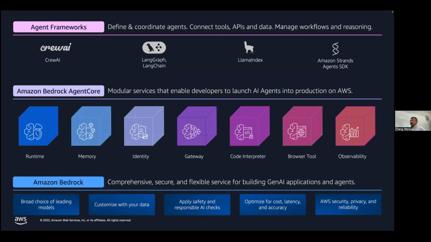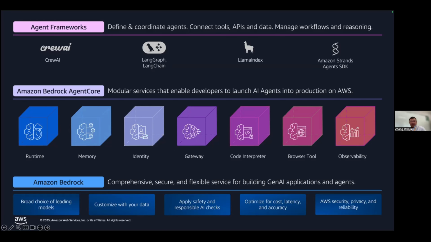And finally, there is one more component about observability, where you can see the call stack, traces and logs in the Bedrock AgentCore web console. So these are the Bedrock AgentCore components we used in our demonstration.